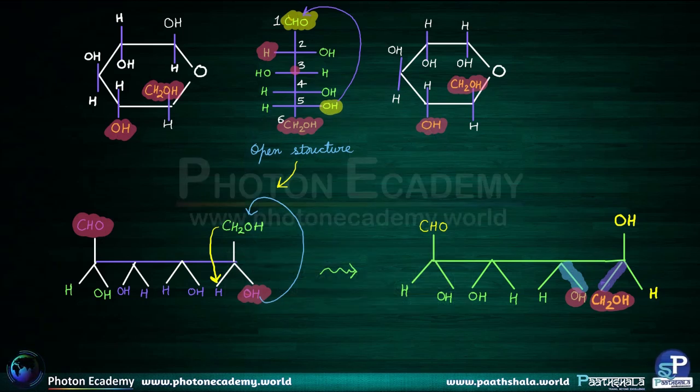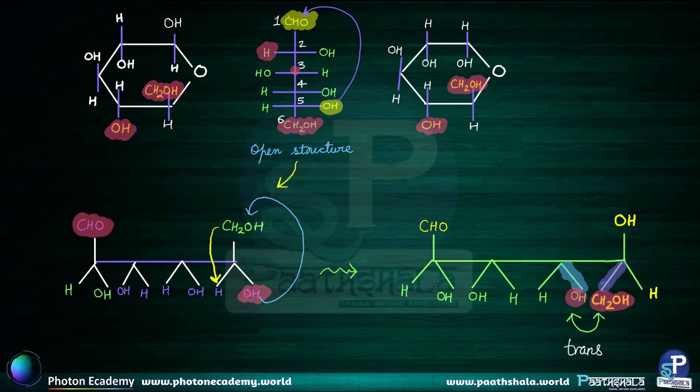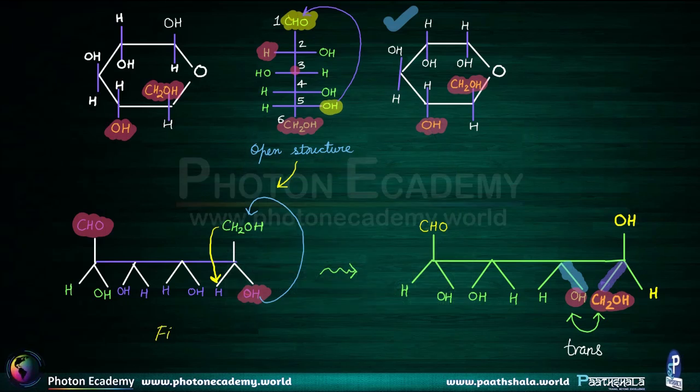Both are in opposite direction to each other, and thus I can clearly see that both of these will be trans to each other. And that is what I was after, as to why these two, OH and CH2OH, in this cyclic structure that I have over here, why did I place them in trans position? So, drawing the Fischer form, I'm very clear about why I took them out and placed them in trans position to each other. Because if I draw them, I can see that in order for these two to form